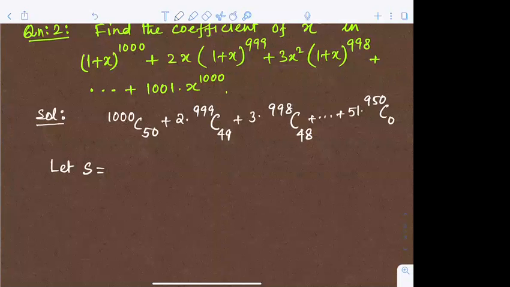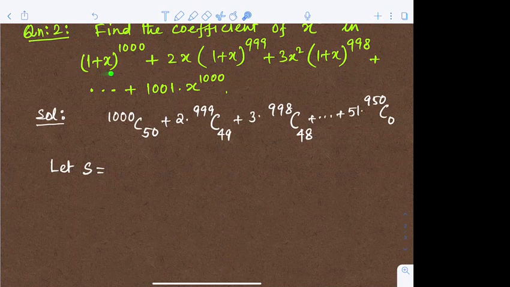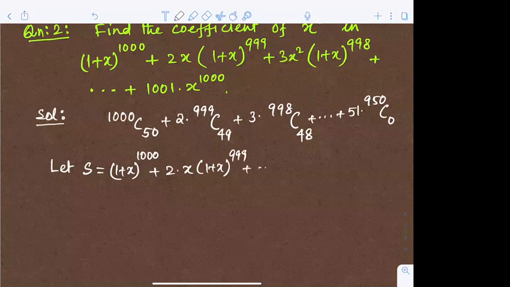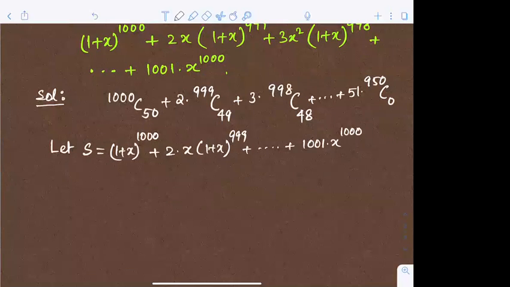এখানে কোফিশিয়েন্টগুলো, নাম্বারগুলো হচ্ছে 1, ফার্স্টে 1, তারপরে 2, তারপরে 3, এরকম করে বাড়ছে। 1 2 3 4 ওটা এপি তে আছে, আর (1 plus x) whole power 1000 এইটা জিপি তে আছে। কমন রেশিও x by (1 plus x)। লিখে নিই, let s is equal to (1 plus x) whole to the power 1000 plus 2 into x into (1 plus x) whole to the power 999 plus dot dot dot, at last 1001 into x to the power 1000। এটা হচ্ছে আমার এজিপি,